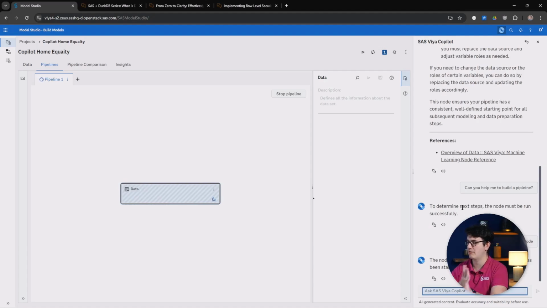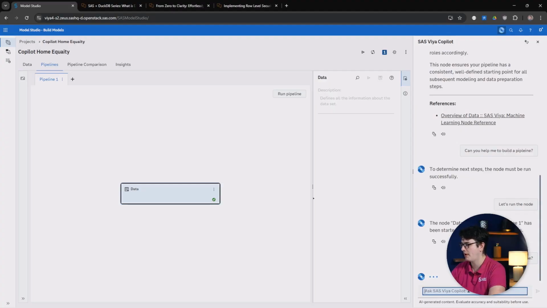It triggered the pipeline. I didn't touch the keyboard for this, and now the data node is being run for me. Check the pipeline for status, so we're going to give it a second here until we see the result. Now that the node has been run, we can go back to our previous question. Let's just reprompt the Copilot here